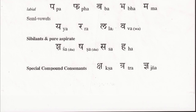Let's do it backwards. Ha, sa, sha, sha, va, la, ra, ya. Good. So now